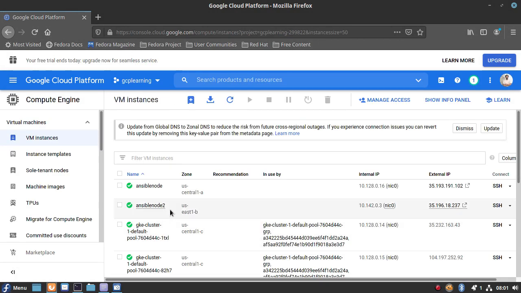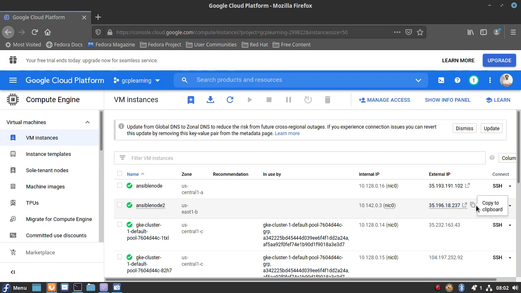Okay, as you can see, I am able to create this instance Ansible Node 2, and also you can notice I have an external IP that I can use to manage it remotely. So we'll be using this IP which is generated for this node, Ansible Node 2, to manage it using the Ansible configuration tool.